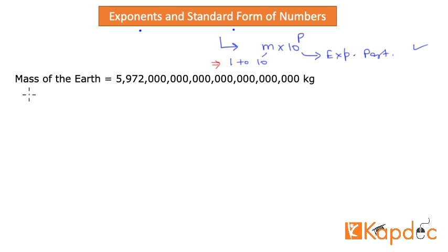Now we have been assigned this task: there is a number, the mass of the earth. We want to write this number in the standard form, like this. To do so, we have to understand how decimals move, so let us revisit our learning from our decimal number chapter.